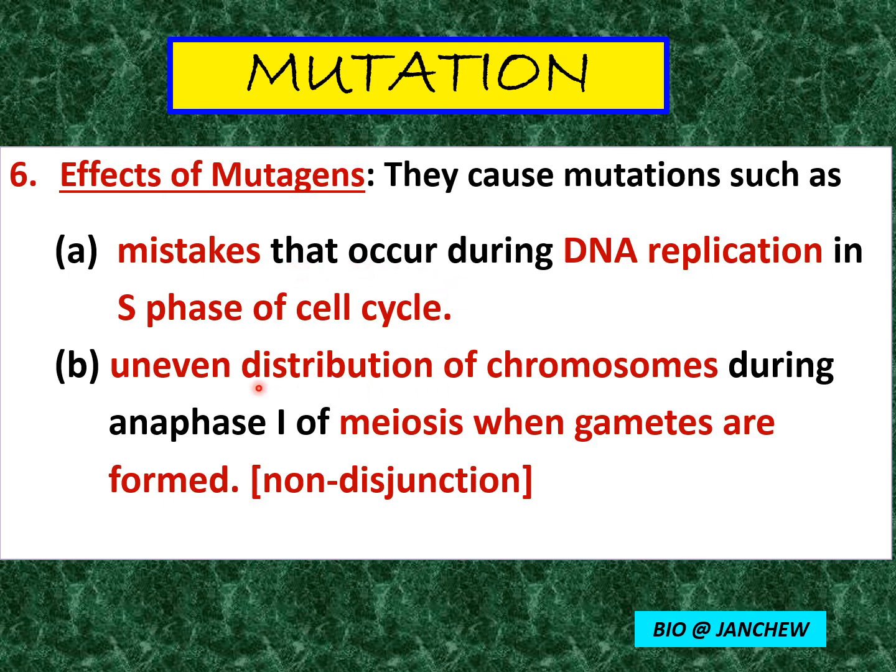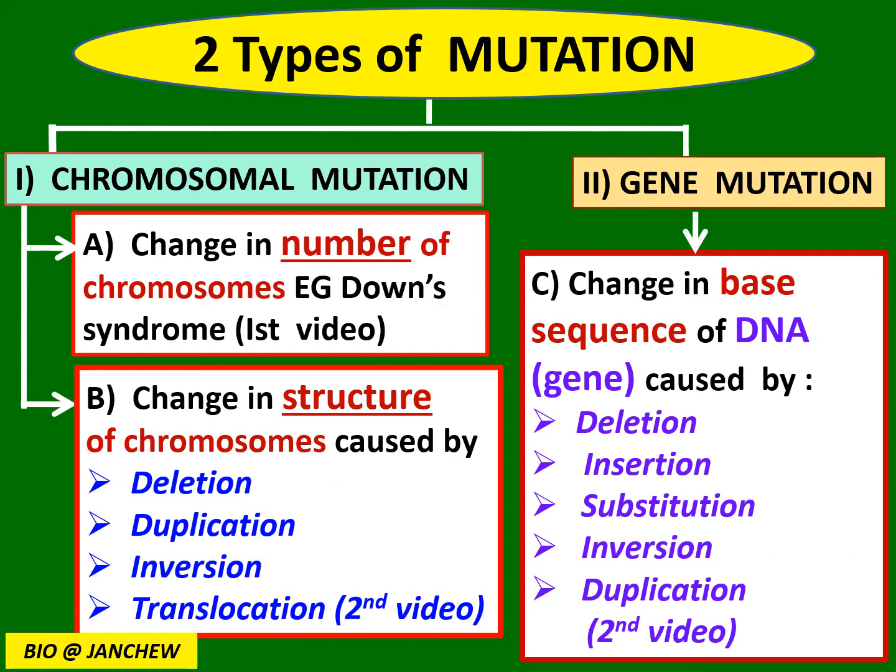And then during meiosis 1, especially during anaphase 1, there may be uneven distribution of chromosomes during the anaphase 1 of meiosis when the gametes are being formed. So we're going to discuss this in a short while, and this is called non-disjunction. As we have said just now,